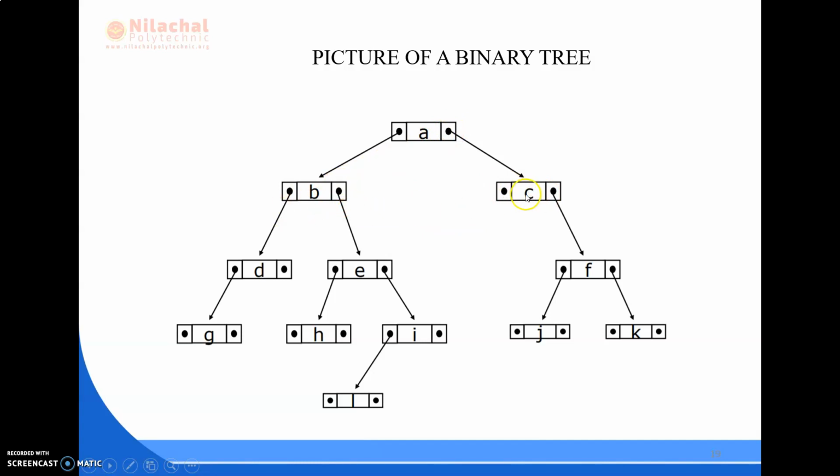So A has two child nodes, that is B and C. B has two child nodes, D and E. D has one child node, that is G. E has two child nodes, H and I. I has no child node, so here I is a leaf node, whereas C has one child node, that is F, and F has two child nodes, that is J and K. Here G, H, I, J and K are leaf nodes which have the memory references of left and right nodes, but these are pointed as null.